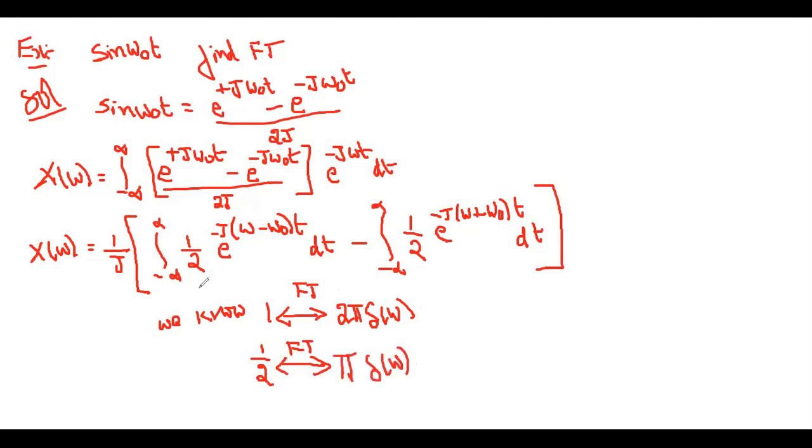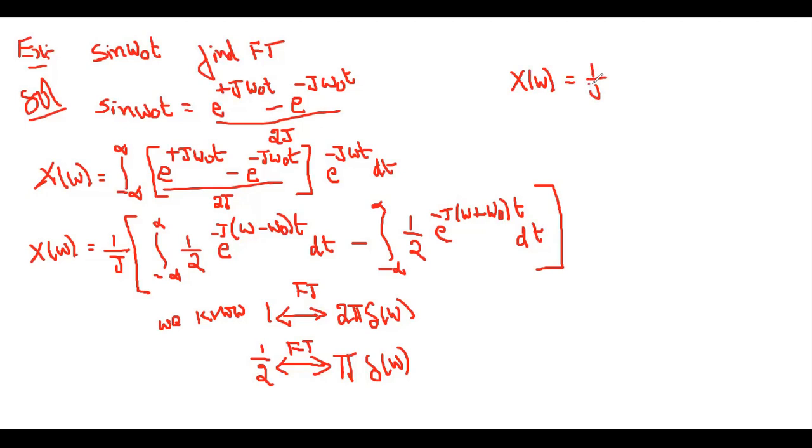Now observe here also, this is the definition of the Fourier transformation only. Instead of x of t, here it is 1 by 2. So we need to find the Fourier transformation of 1 by 2 with omega replaced by omega minus omega naught. So the X of omega is equal to, we got